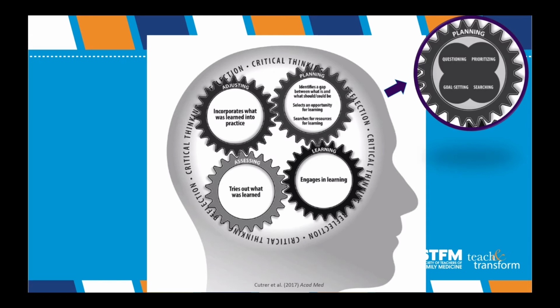There's a lot of different things that can trigger that gap identification. It could be that moment of surprise that just caught you off guard, like, I don't understand why that happened. Or an outcome for a patient that didn't go quite as expected. Or, ooh, I'm feeling a little bit anxious right now. We should encourage our students to use that sense of emotion you feel but might not understand to dive a little deeper. Use that as a cue that I need to understand why I'm feeling a little bit anxious right now. Oftentimes, this is because there's a gap we're starting to identify. As a preceptor, you may have to explicitly identify a gap for a student.